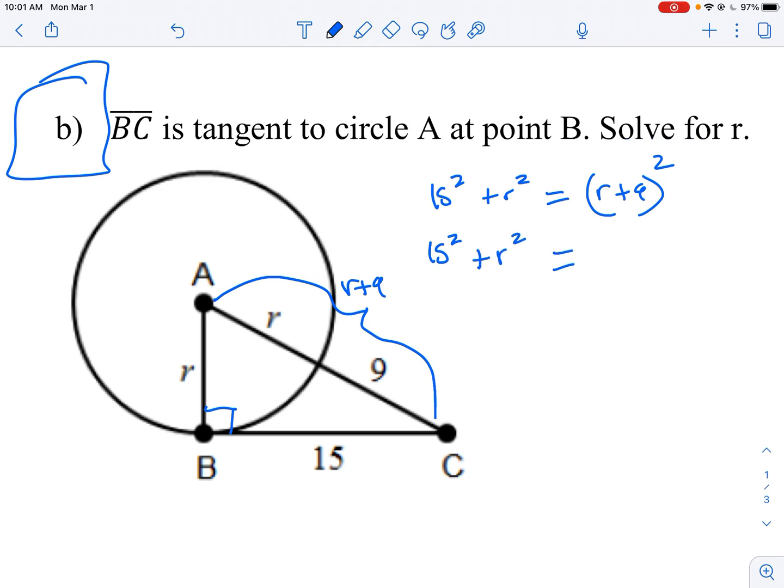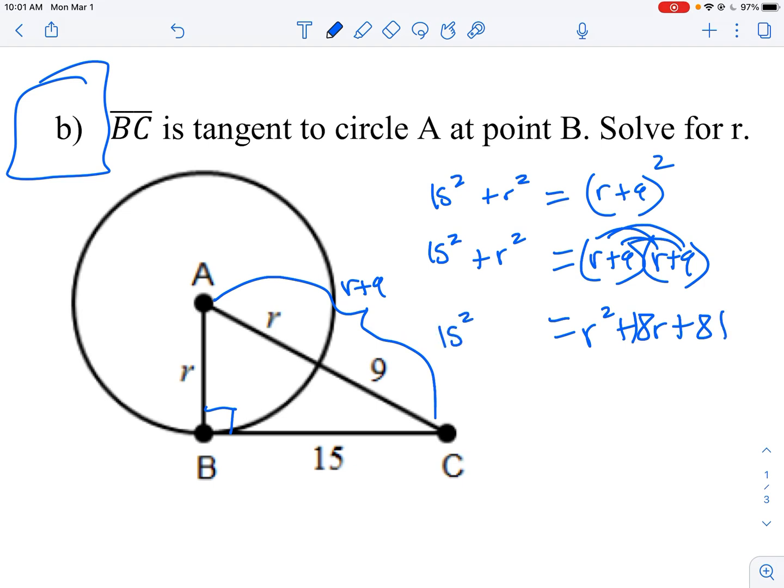R plus 9 squared is R plus 9 times R plus 9. This is why you don't want to forget all your solving quadratic stuff earlier. So we're going to distribute here twice. Distribute, distribute, distribute, distribute. You get R squared plus 18R plus 81, and that's going to equal 15 squared plus